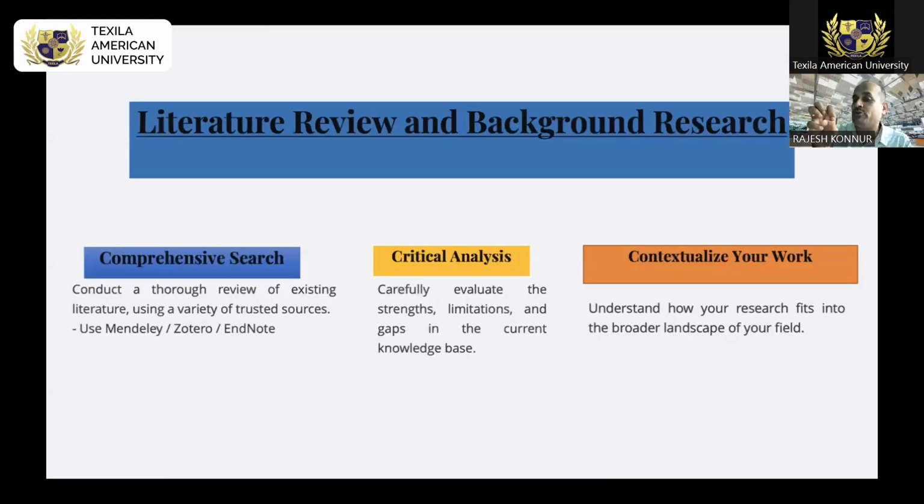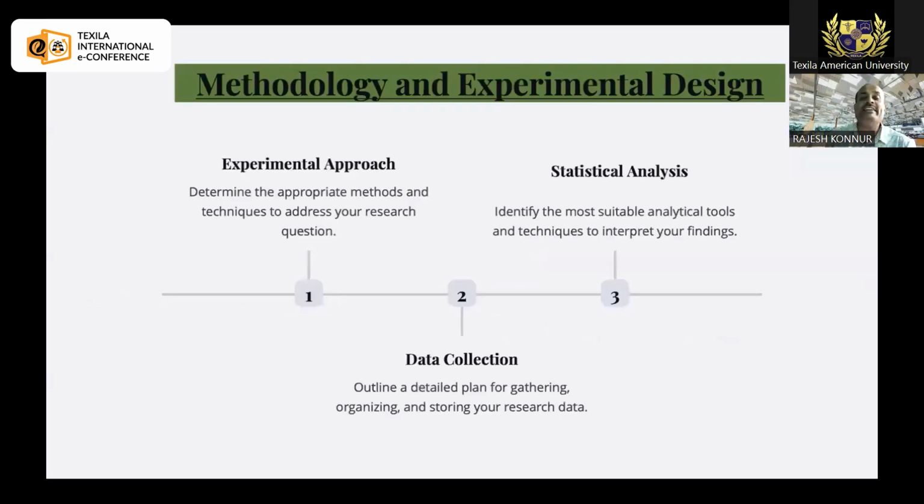On this basis, you have to choose the title and do the work, or decide whether you want to write a review paper or a research paper. This you have to keep in mind. So we have to go for a very in-depth review of literature. You have to go for a very comprehensive review and do the critical analysis, whether it fits today's world or not. And you have to have a checklist. Contextualize your work. Understand how your research fits into the broader landscape of your field. Because whenever you are publishing it, you have to see that the wider community, the wider readers, read it, and then they cite your paper.